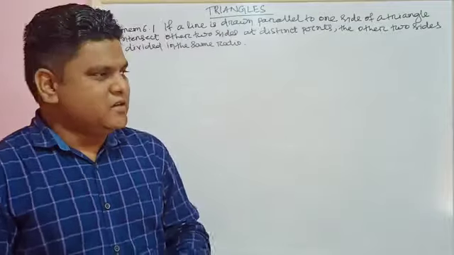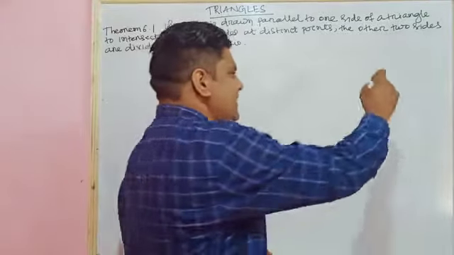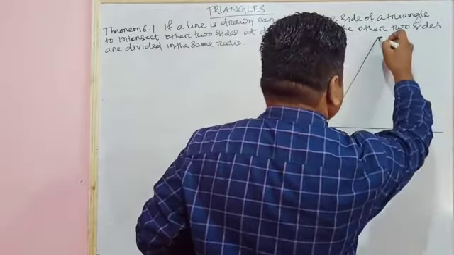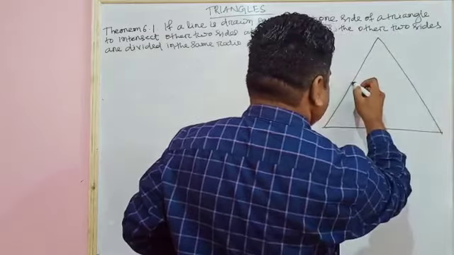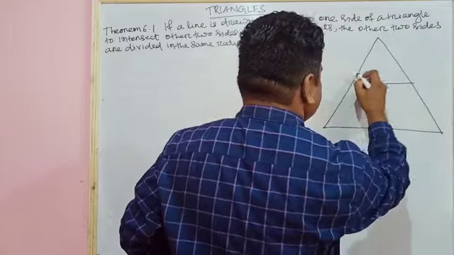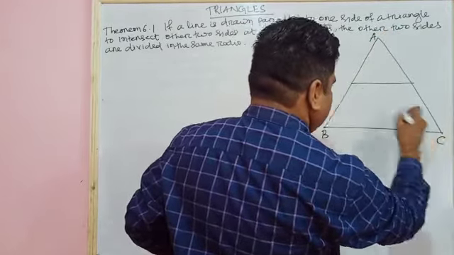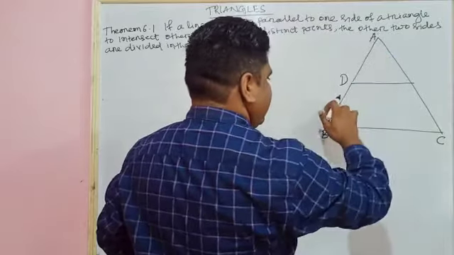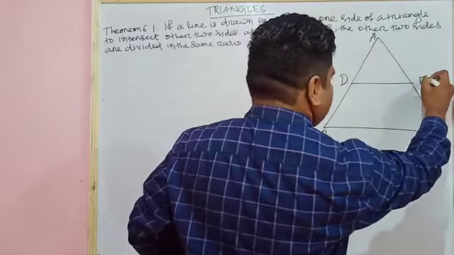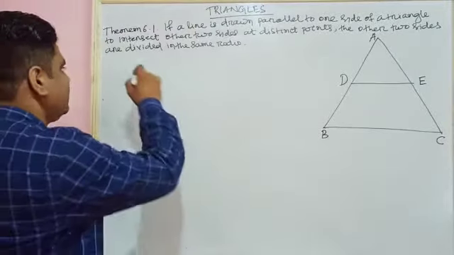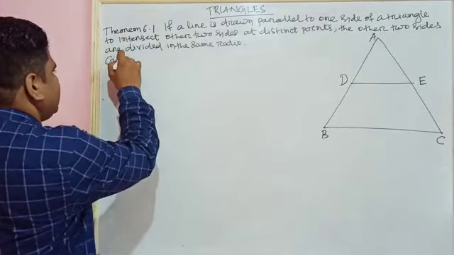For this purpose, we have to take a triangle. Let it be ABC and a line DE intersect. Let's take ABC and a line intersect AB at D and AC at E. So let's write this in given that. So we have to write given that